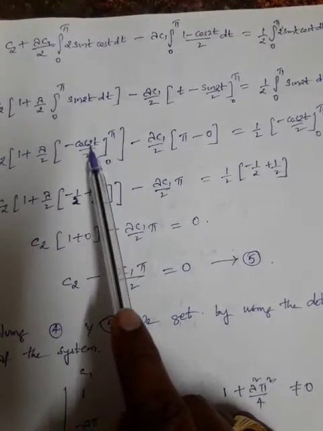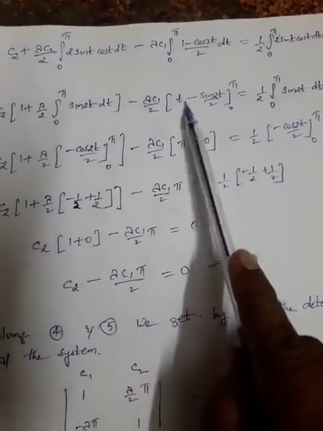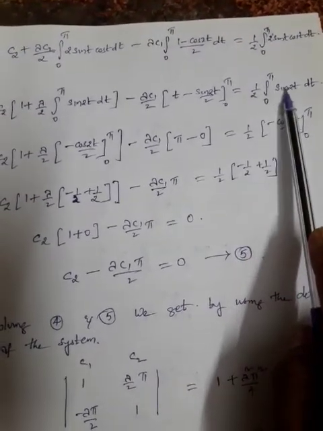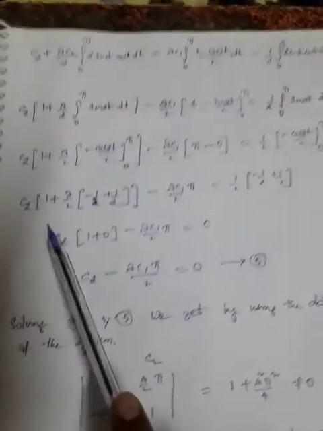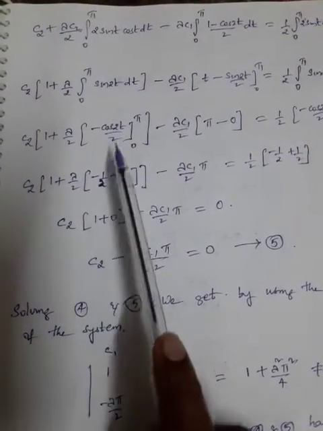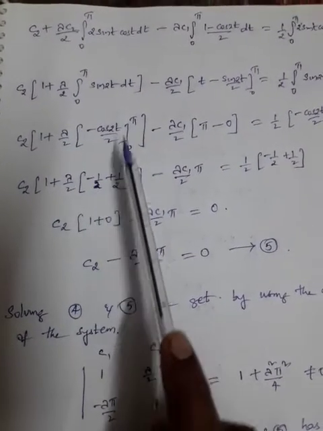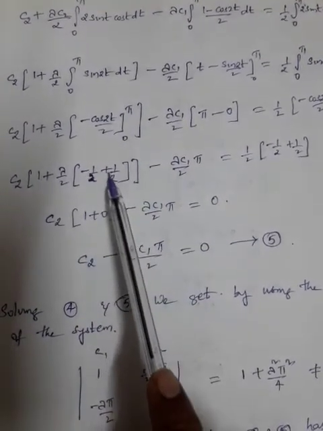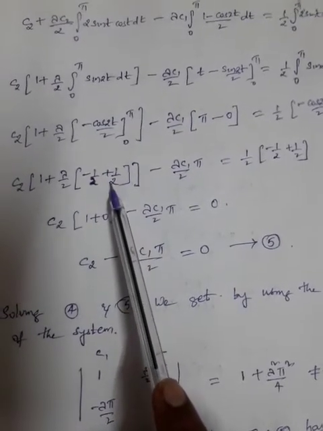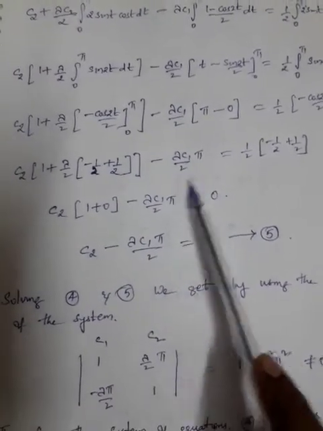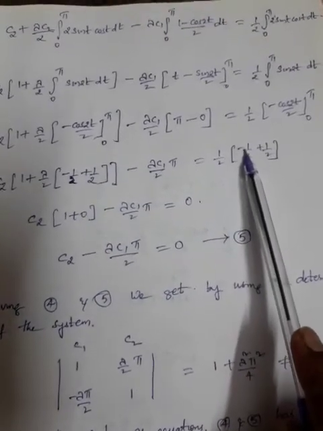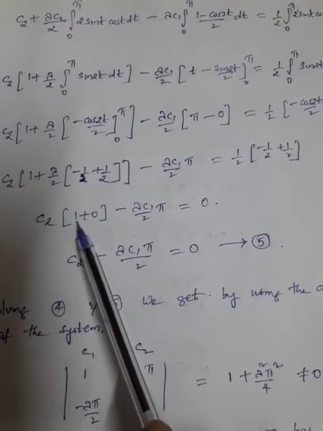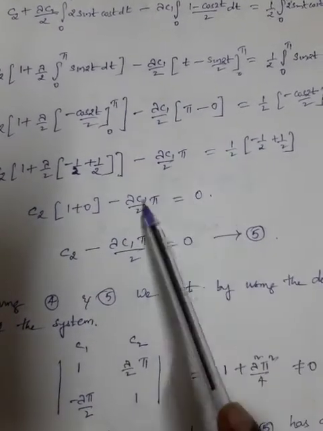So this becomes minus cos 2t by 2 from 0 to pi, and this also pi, and this also you can see is 0 as well, and this is the integral of sin 2t, which is cos 2t by 2, 0 to pi. So therefore c2 (1 plus lambda by 2), this becomes minus 1 by 2, as you know already, because cos pi is nothing but minus 1. So minus into minus, second place will be there. So cos 0 is 1, so 1 by 2 minus lambda c1 by 2. So therefore that is equal to minus 1 by 2 plus 1 by 2. c2 (1 plus), this is anyhow 0, and this will be as it is, this is 0.